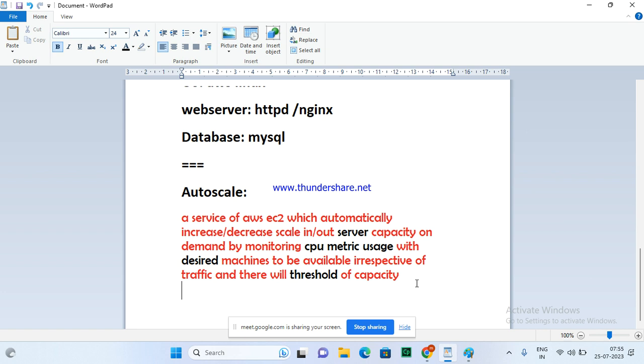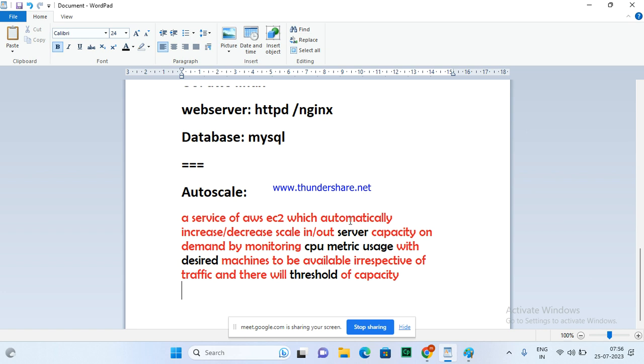We have to make a control that the capacity can increase up to 20 or 30 or 40, depending on the business's financial condition. They cannot go beyond that. So there will be a boundary in auto scaling, and it will be done automatically.